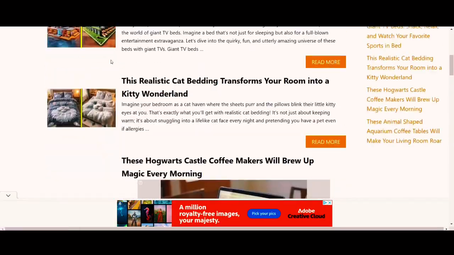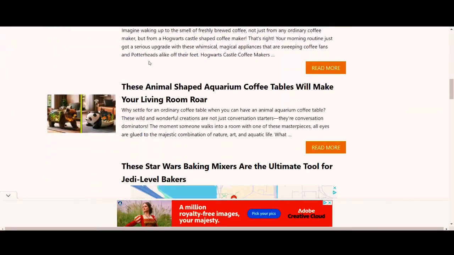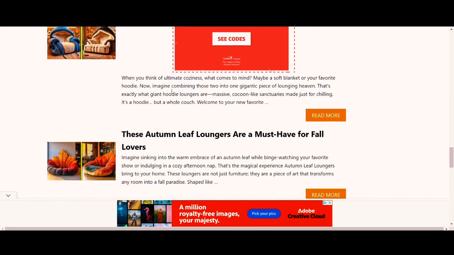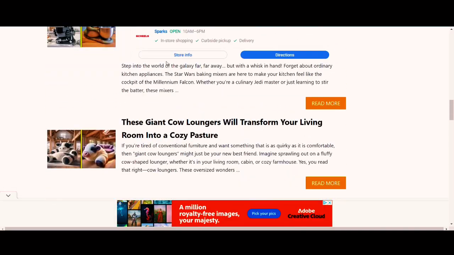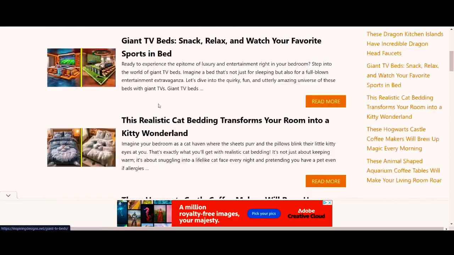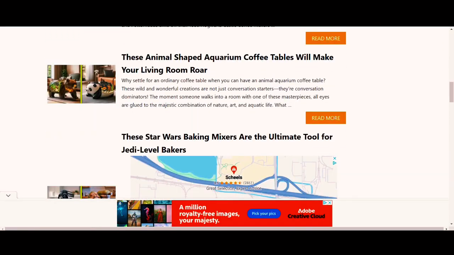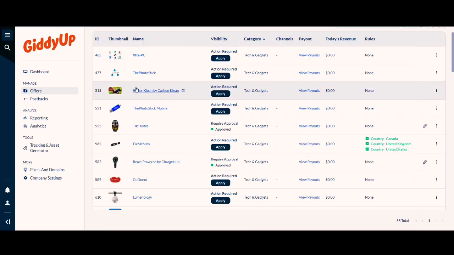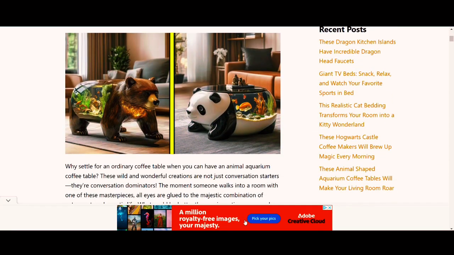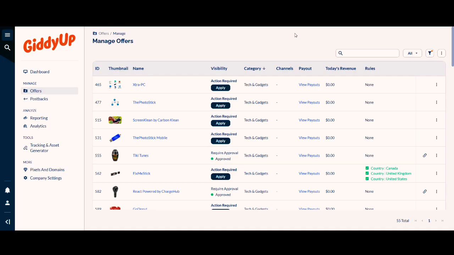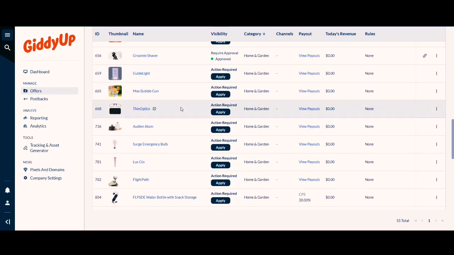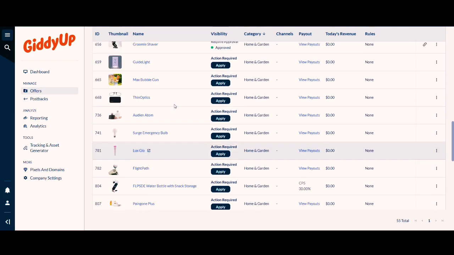Instead of sending traffic to go read articles about a bunch of fake products that make no money, you could make all these articles about real products that would earn real money if people were to actually buy them. This person's getting 25,000 people per month to visit this website. If he actually had real products that people could purchase from this website using this affiliate network or other similar affiliate networks, he would be making way more money than whatever he's making from running these Google ads on the site. So using this affiliate network to promote these affiliate products would be the easiest, most straightforward way to start monetizing an account like that.